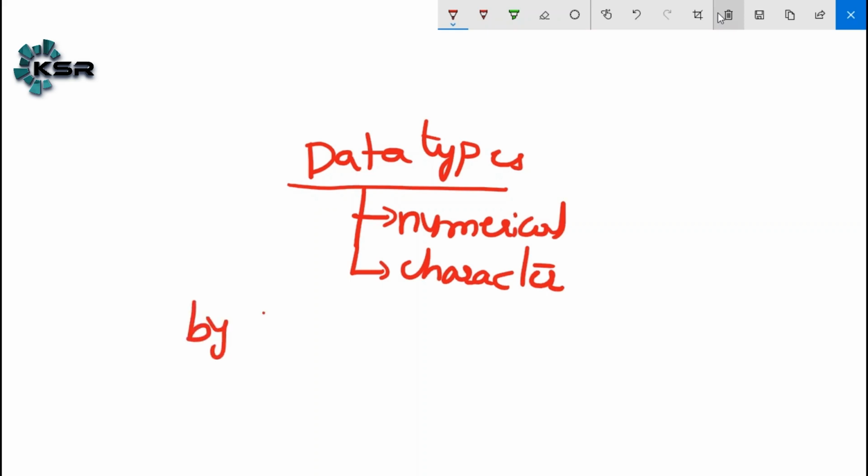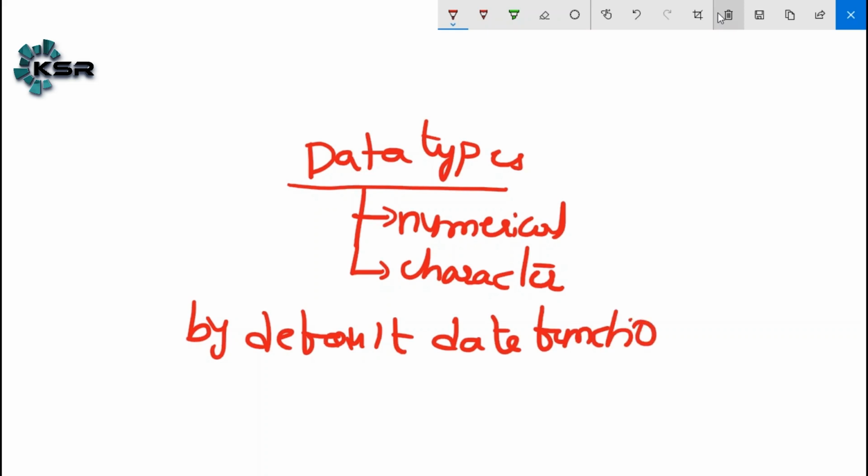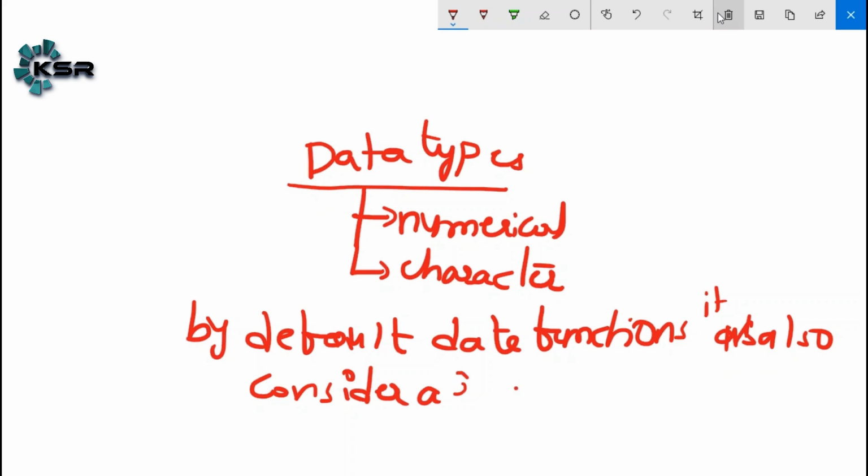By default, date functions are also considered as numeric only.